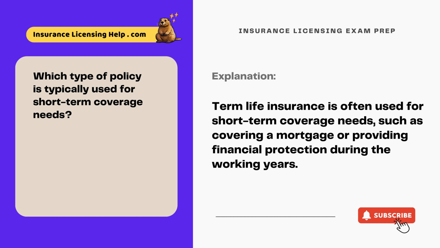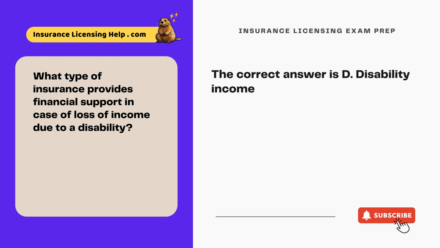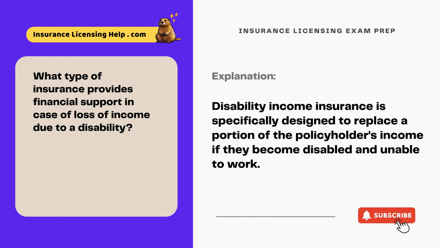the working years. What type of insurance provides financial support in case of loss of income due to a disability? A, accidental death and dismemberment. B, medical expense insurance. C, Medicare supplement policies. D, disability income. The correct answer is D, disability income. Disability income insurance is specifically designed to replace a portion of the policyholder's income if they become disabled and unable